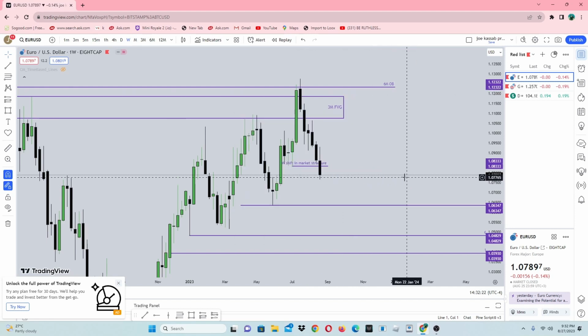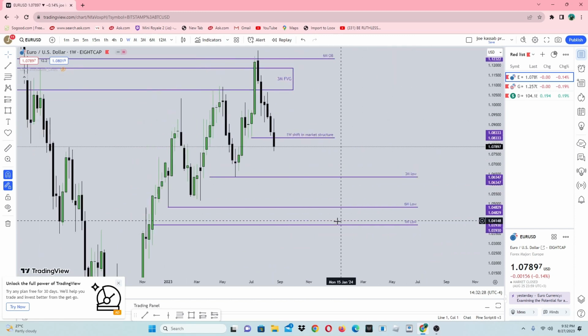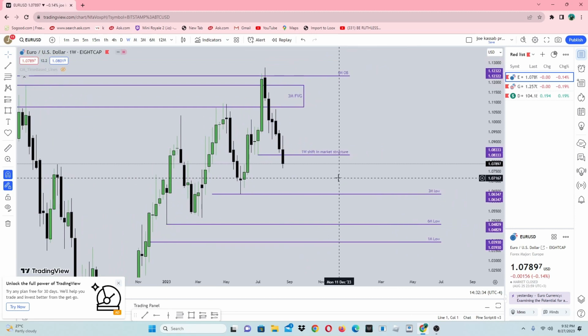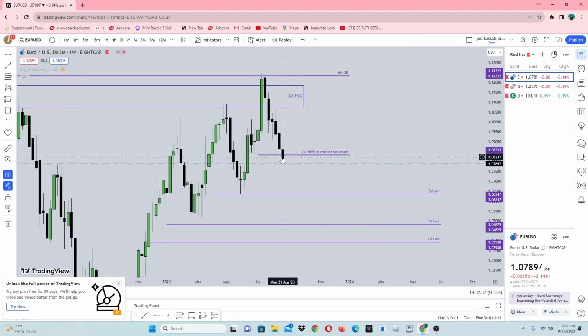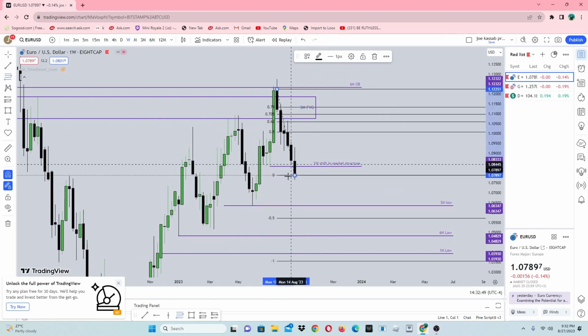structure. So from a very high time frame standpoint, we are bearish into these areas. From a weekly time frame standpoint, we had a recent shift in market structure from the previous week. We might see this week some retracement into the 50% area of the weekly time frame, or in the next month, after this monthly candle closes right here, the August monthly candle closes, we might see some retracement into the